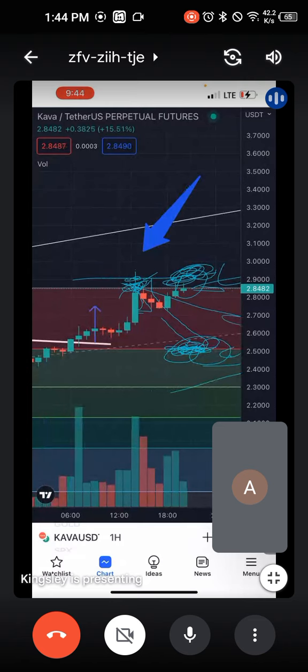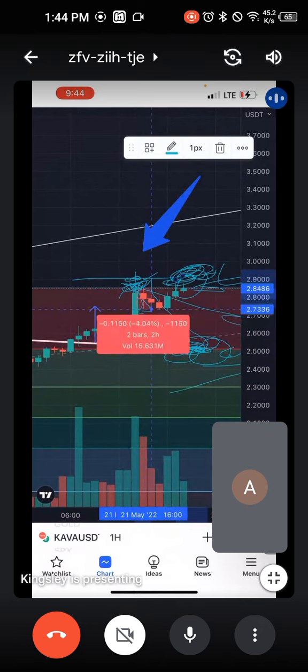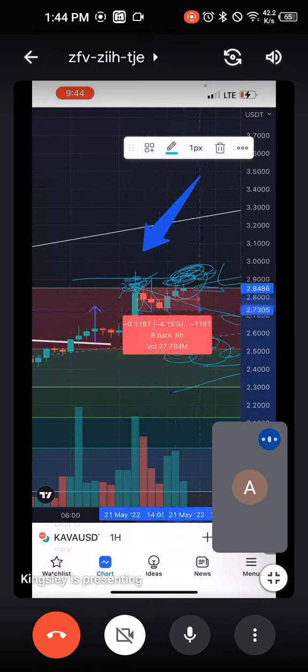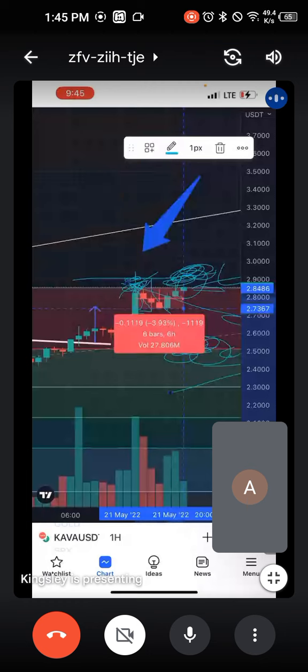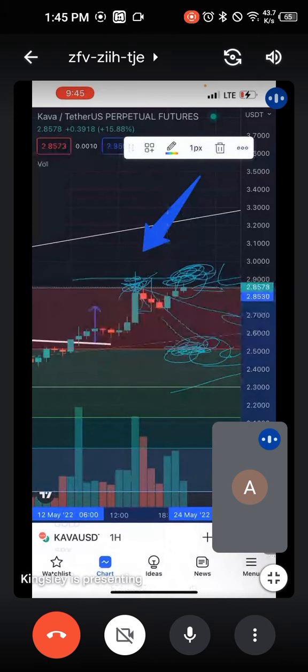We retraced how many percent? Let me just check. From this level here. Okay, from here to here is how many percent now? Okay, that was just 4.2%. That's not much. 4.2, if I'm multiplying it by 10x, that's not even up to 40%. So I actually expected that we'll start coming down from here to retest this next level of Fibonacci retracement.